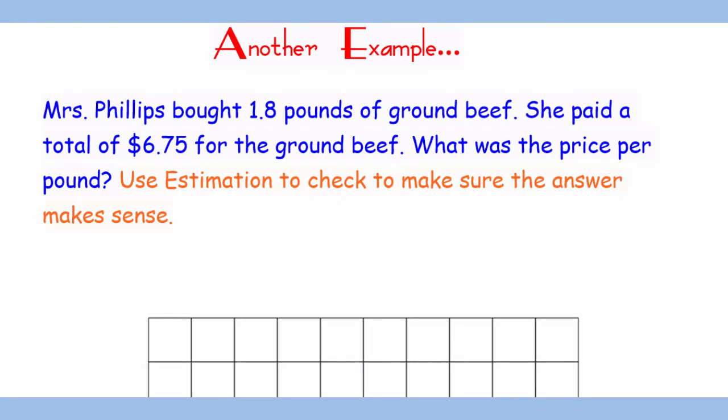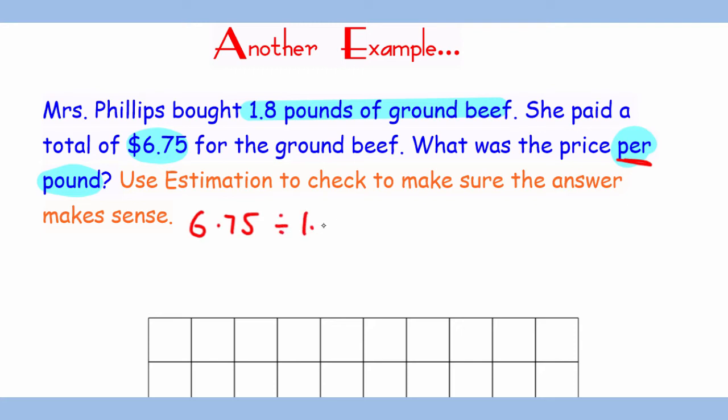Now the next example is a word problem. It says Mrs. Phillips bought 1.8 pounds of ground beef. She paid a total of $6.75 for the ground beef. What was the price per pound? Now, per pound tells you that we are dividing in this quotient. So we are basically dividing